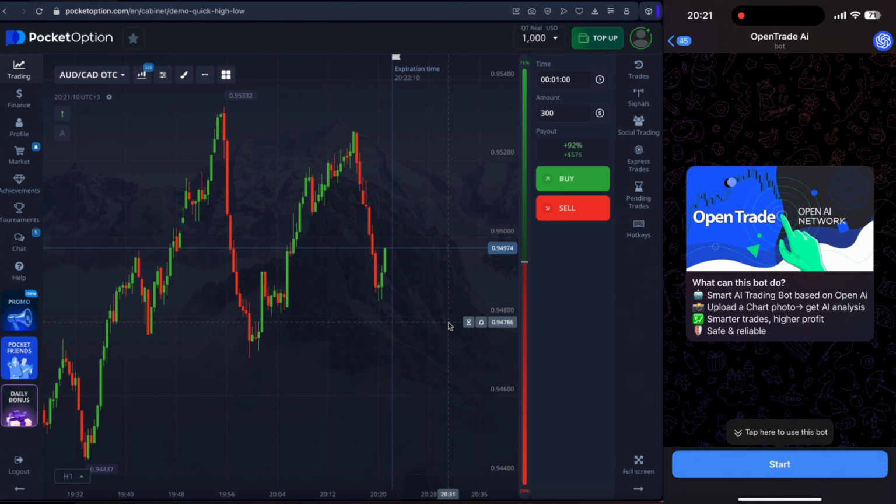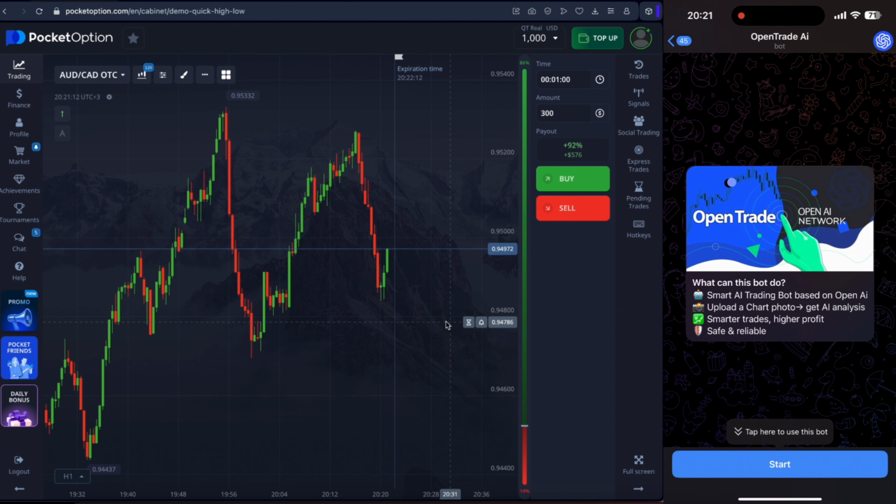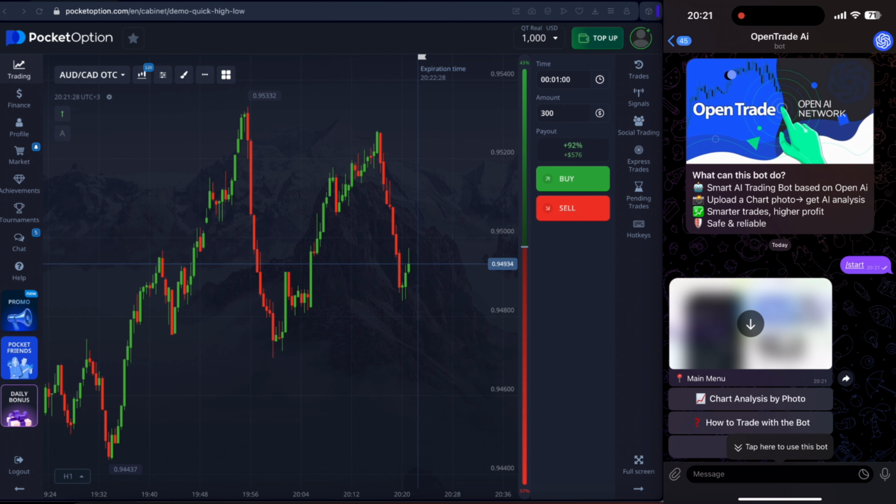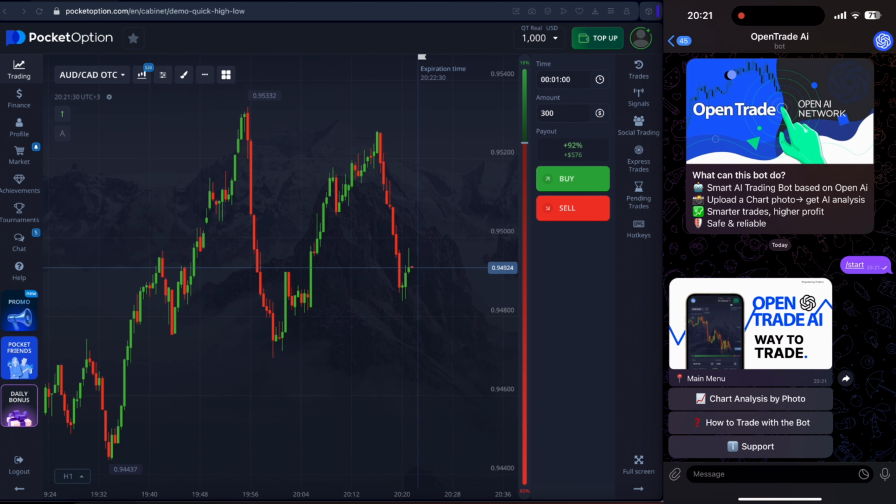It's like having a personal trading assistant in your pocket, available 24/7. I've tested this bot on Pocket Option and the results are shocking. Perfect entries, insane precision, and it even catches reversals that most traders completely miss. So stay with me till the end, I'll show you everything step by step and you'll see exactly how it